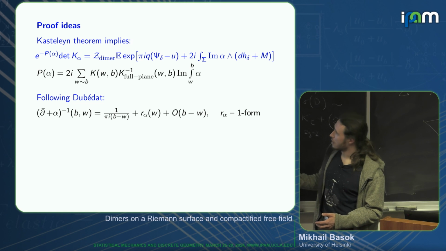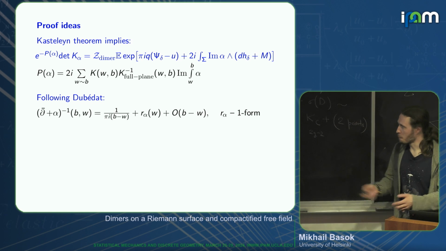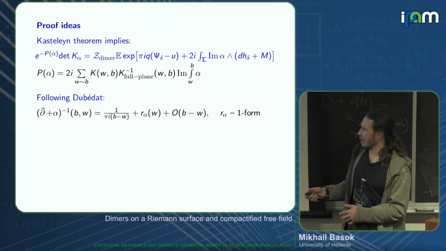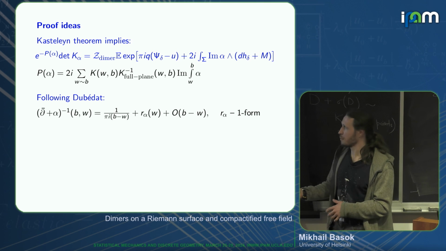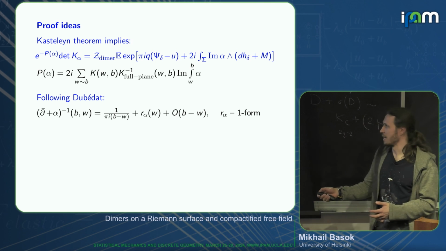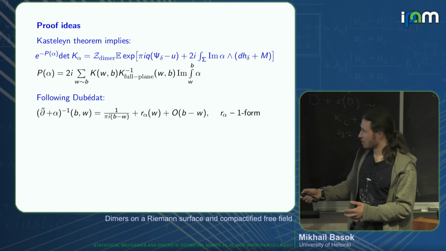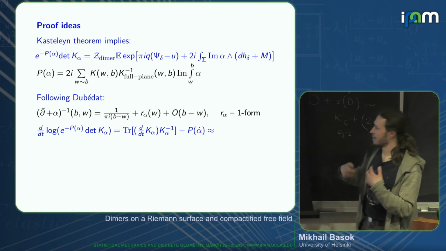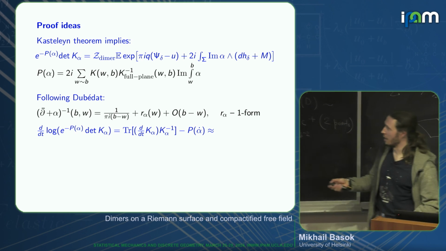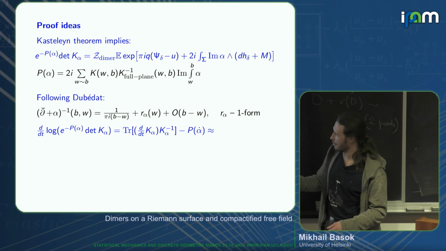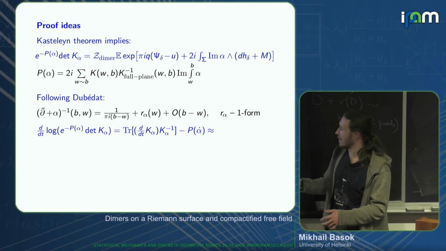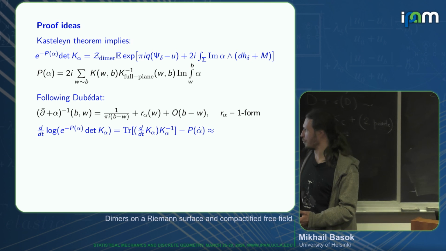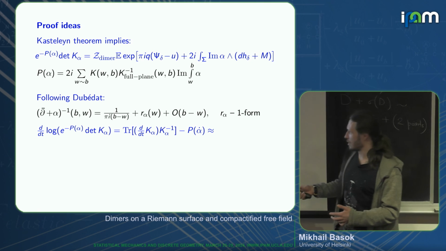I keep it on the slide. This is the same formula. Now we do the following thing. First of all, we look at the corresponding continuous operator, and we look at its expansion near the diagonal. Near the diagonal it is just a Cauchy kernel plus some second term. Then what we want to do is control this quantity. To this end, we compute this variation, because this variation will be easier to compute and to control the quantity itself. So then we get this